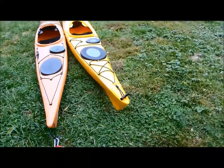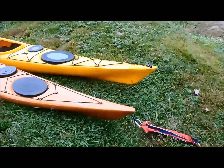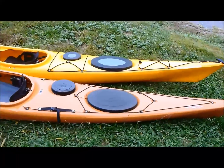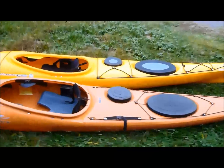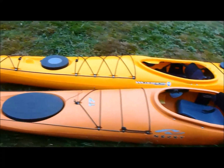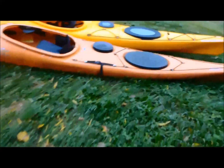So both the Chatham, which is the orange boat, and the Tempest, which is the yellow boat, come from a really distinguished full line of craft. So both of these boats are available in a 16-foot, a 17-foot, an 18-foot, and they can be built as plastic or composite. Now, the specs would indicate a really close lineage, and in fact, on paper, they appear to